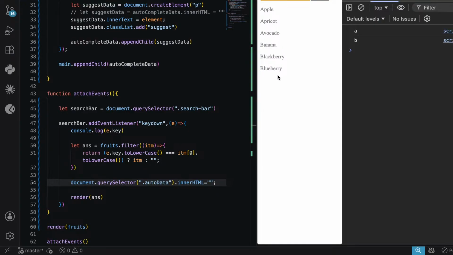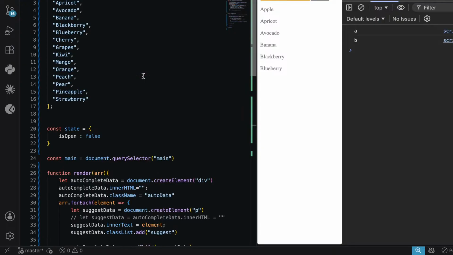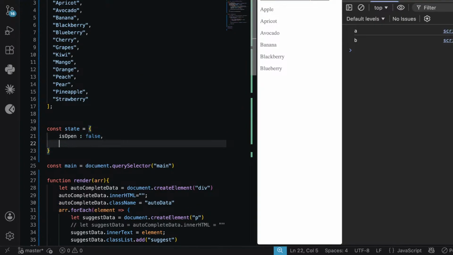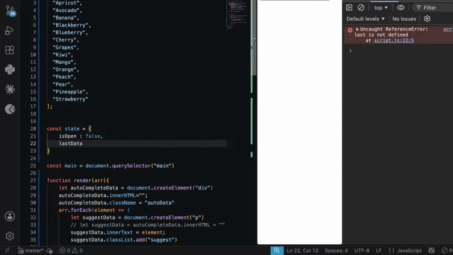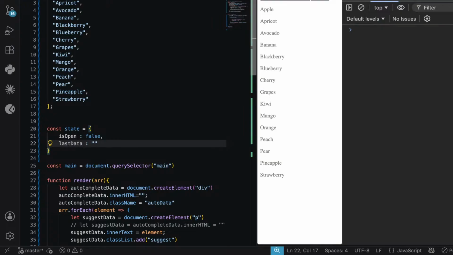A and B. Okay, so the problem is now we are going to put a single water, right? So here we have to maintain a state also. So what is the state? So first of all is open, and second thing we can do is if our data is updating here, last data equals to empty, so it should have a last data also. Okay,